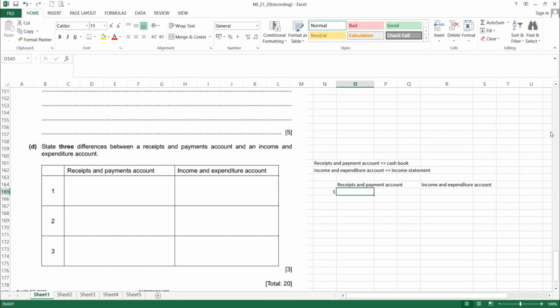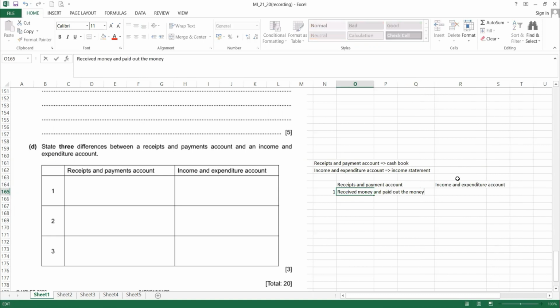So what is the cash book purpose? Cash book is to receive money and pay out money,